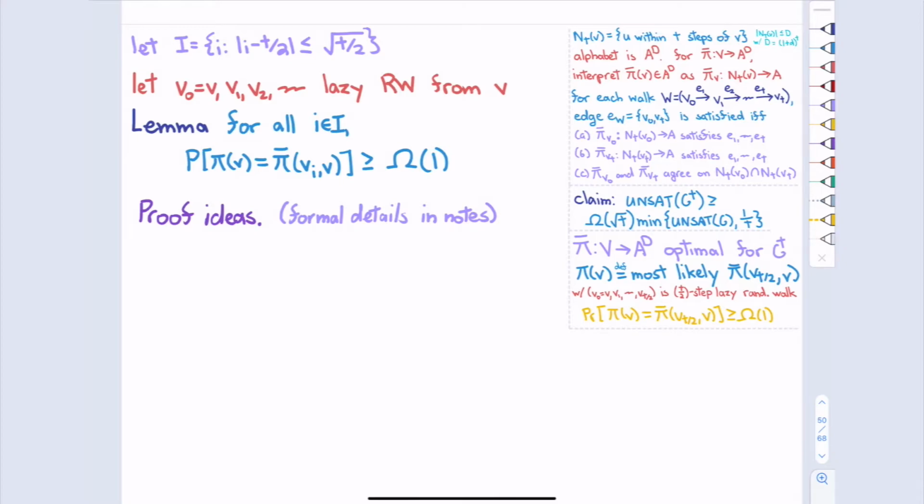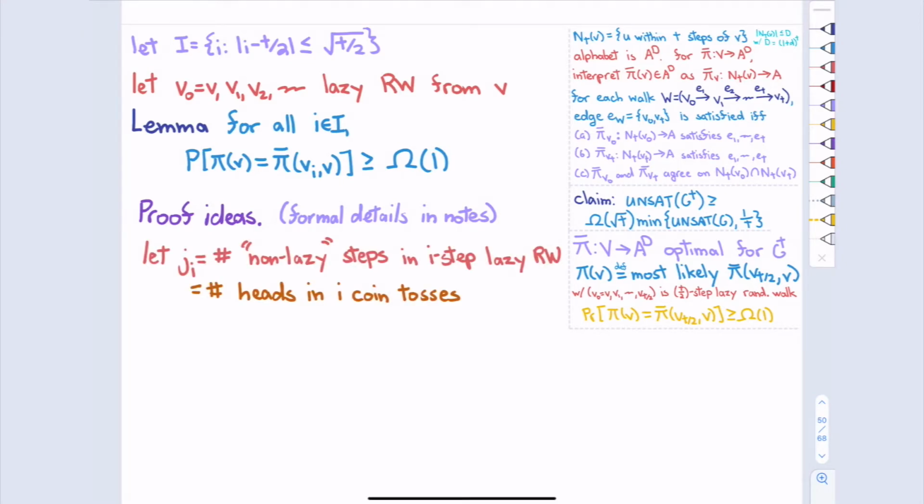So what's an alternative way to generate this? One way to do a lazy random walk is to toss a coin every time you're about to take a step. But we can also toss the coins ahead of time. So let's say j sub I is how many non-lazy steps you end up taking out of I steps. That's like, out of I coin tosses, how many came up heads.